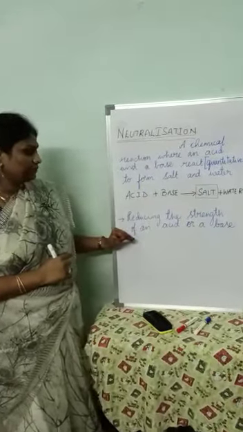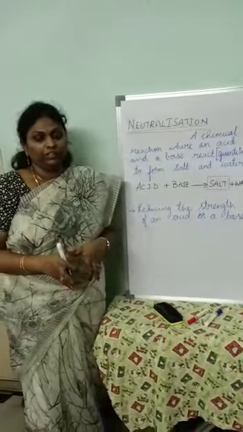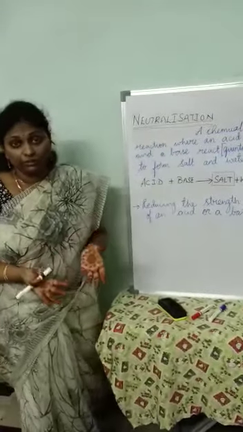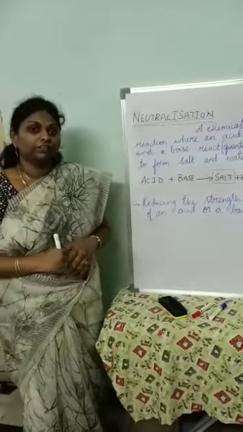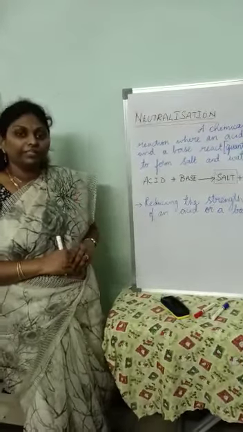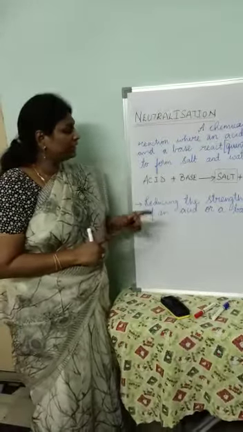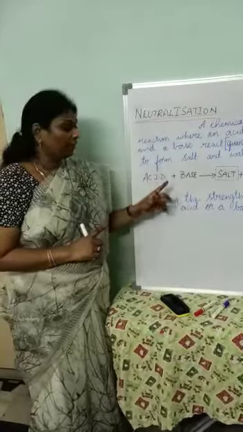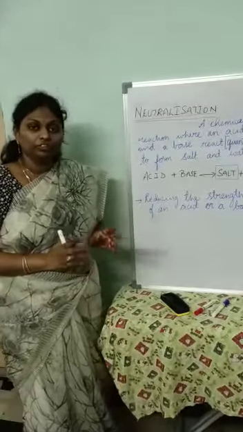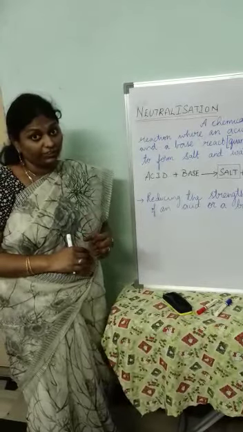Neutralization generally helps in reducing the strength of an acid or a base. Now, sometimes we need to dilute the solutions in order to reduce their concentrations. Now, what is the basic identity of an acid? The H plus ions, isn't it? The hydrogen ions. And what is the basic nature? So, how can we decide it is a base? Because of the hydrogen and oxygen ions, the OH ions, isn't it?